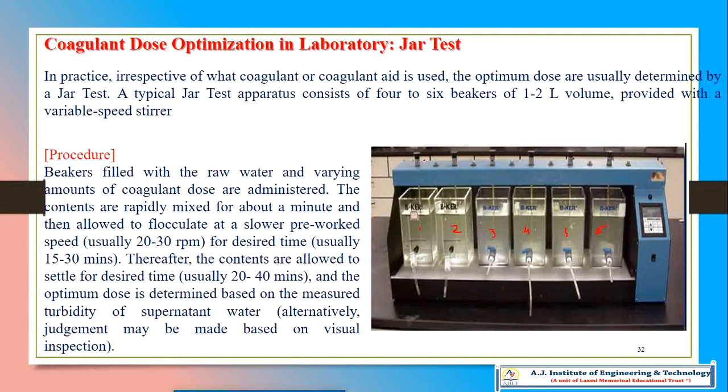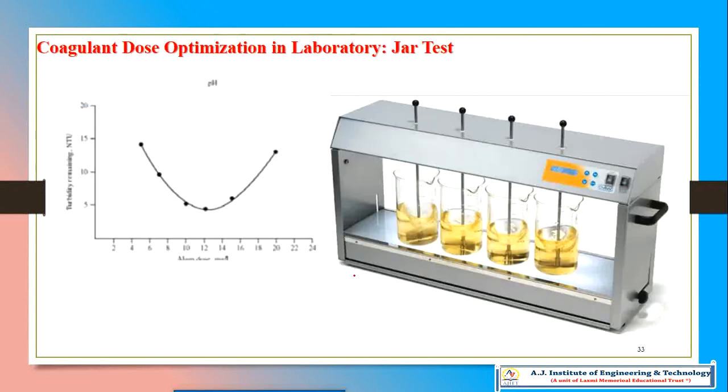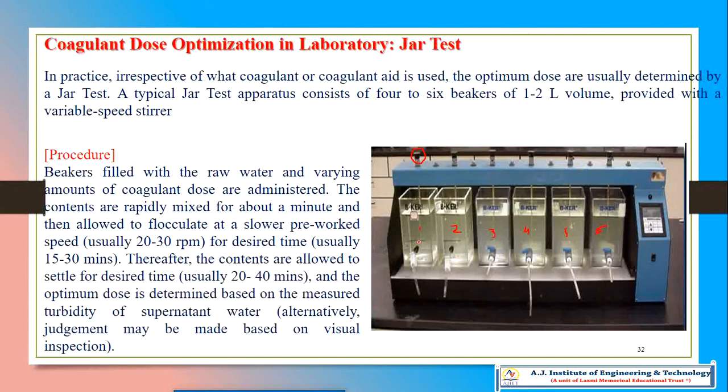And see here, the pedals are provided. That is the variable speed stirrer. This is also, you can call it a stirrer or paddle, which has a blade. You can see it here, it has a blade, which will give a maximum stir,